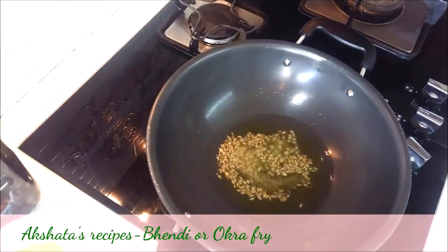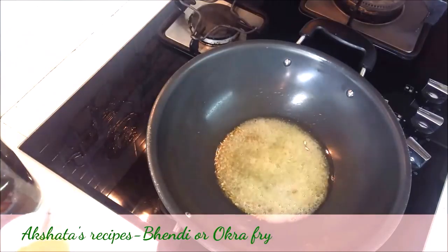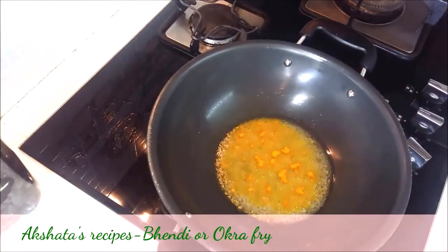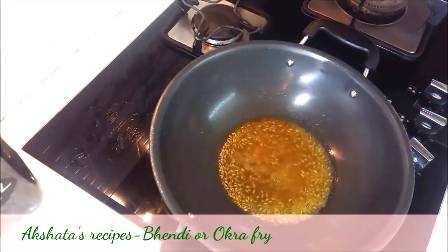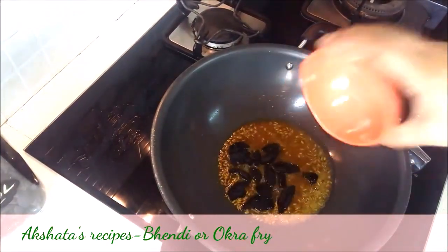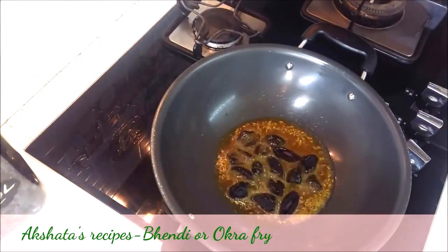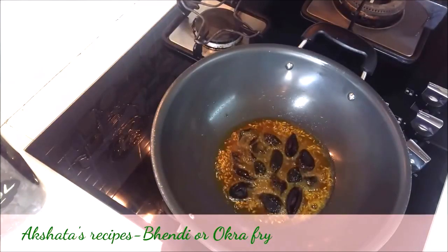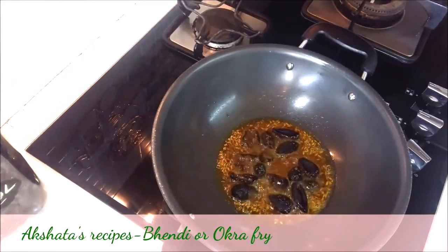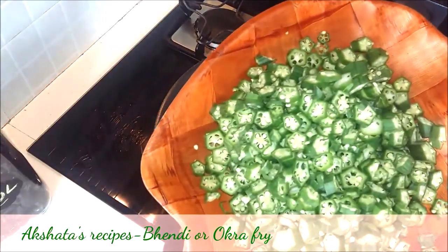Next goes in our asafoetida or hing, and about half a teaspoon of turmeric powder or haldi. Next will go in our amsul. What this does is it prevents the okra or the bhendi from being very sticky and it separates it into a nice crispy vegetable. So once we have put in our amsul, I will be putting in our very finely